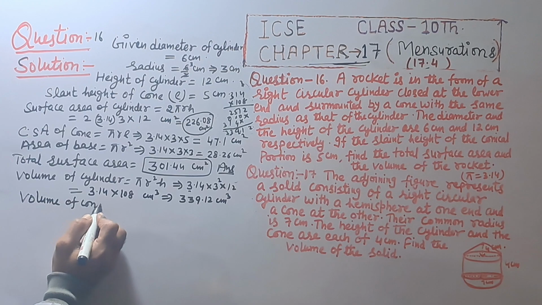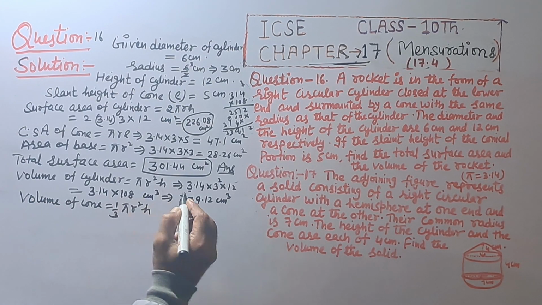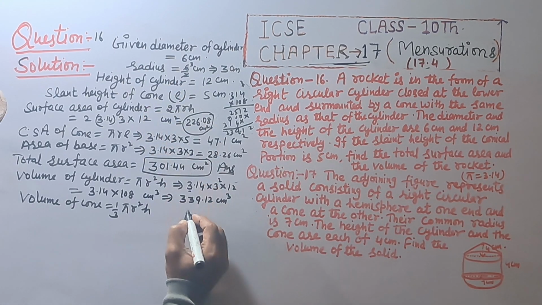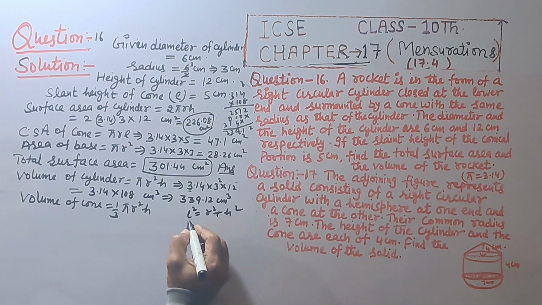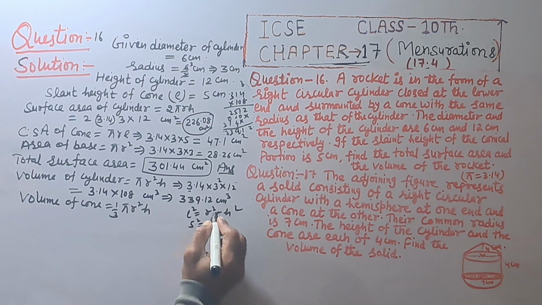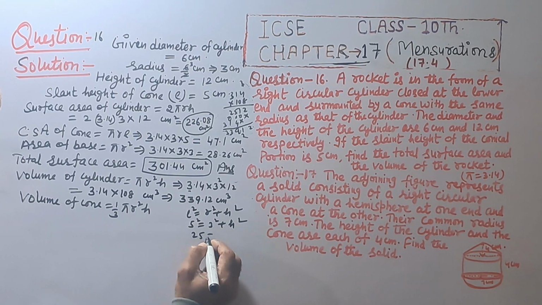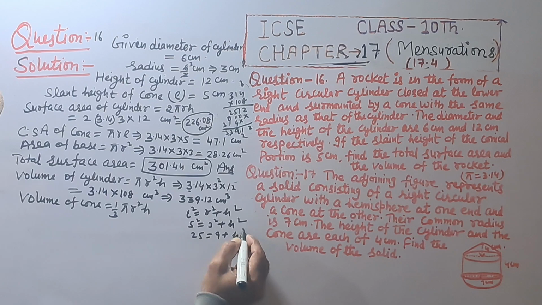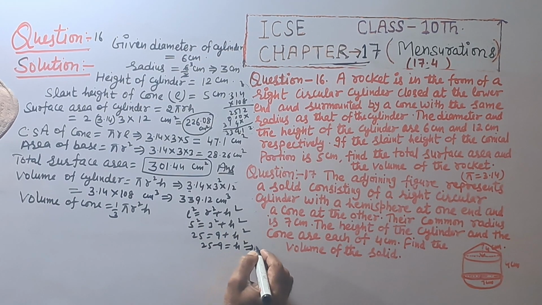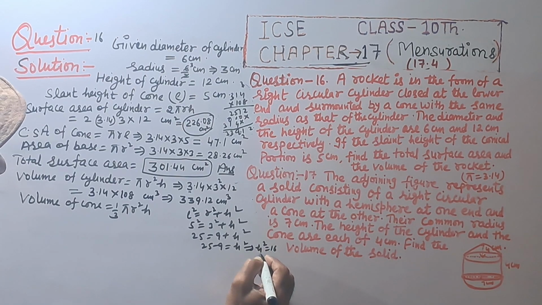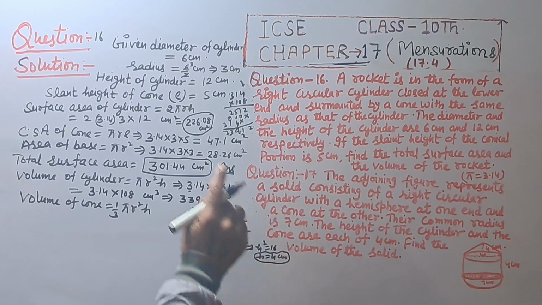Volume of cone is equal to 1 upon 3 pi r square h. So we have slant height, that is 5. L square is equal to r square plus h square, and L is 5. 5 square equal to radius 3 square plus h square, that is equal to 25. 3 3s are 9 plus h square, and shifting left side, 25 minus 9 is equal to h square, which implies h square equal to 16, and height is equal to 4 centimeter.